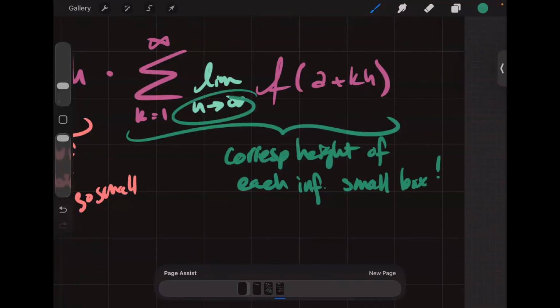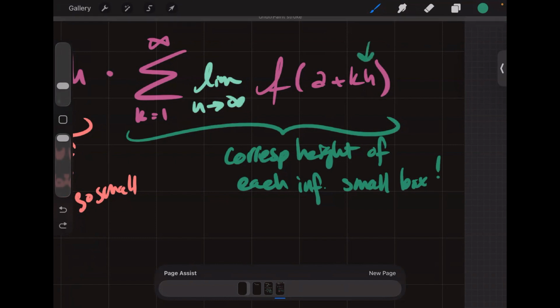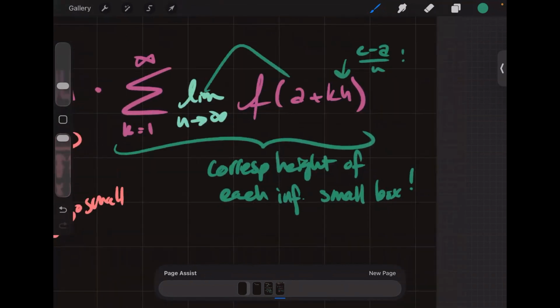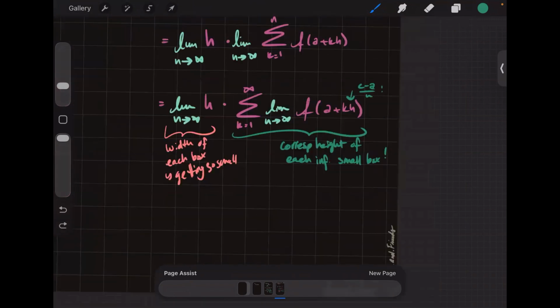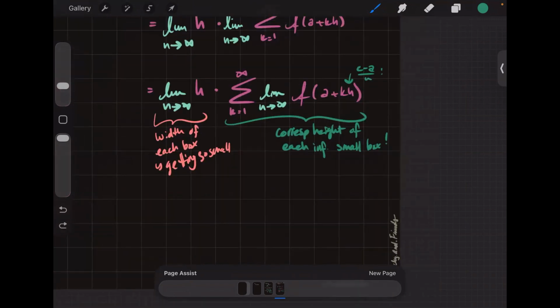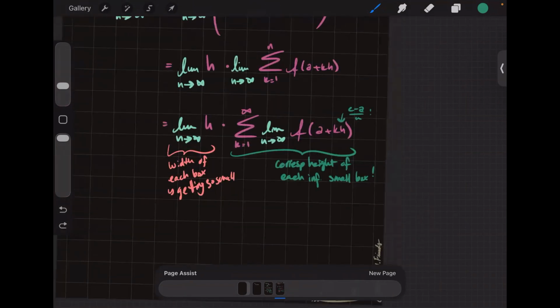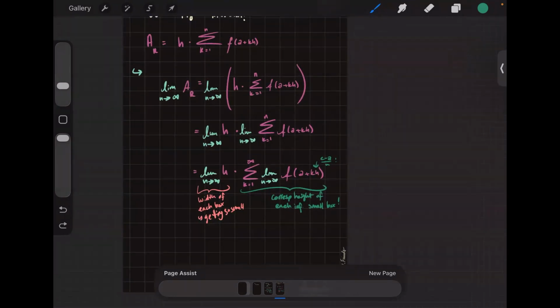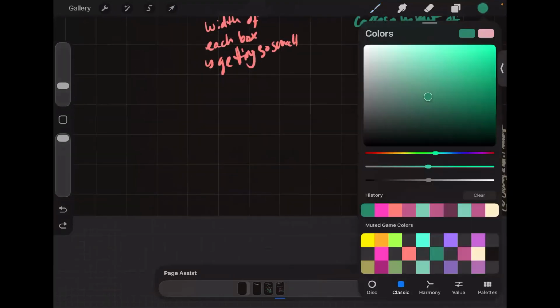And you want this here as well because this is written in terms of n. h is equal to c minus a over n. Okay, I would not distribute into there. I would not recommend that, because nonlinear functions. You can leave it like this. You don't actually have to know how to do this. The important part is you understand that